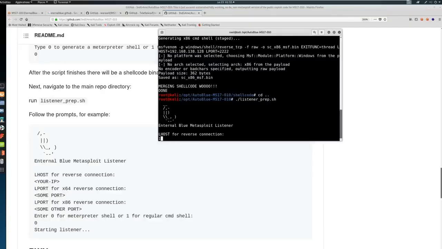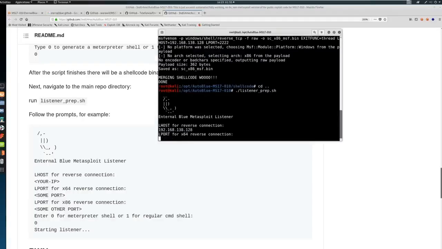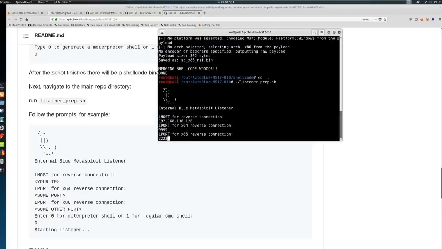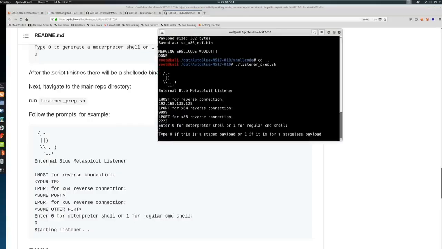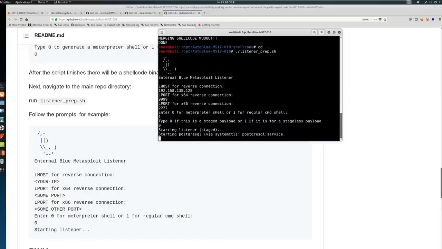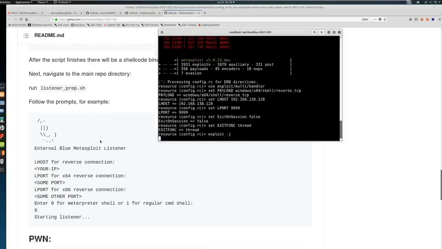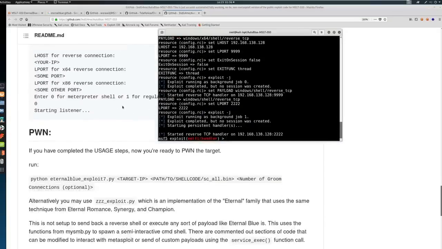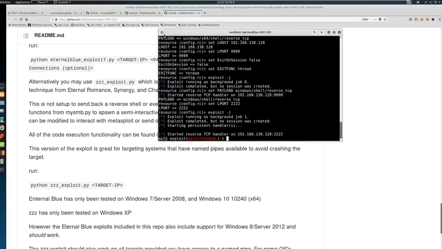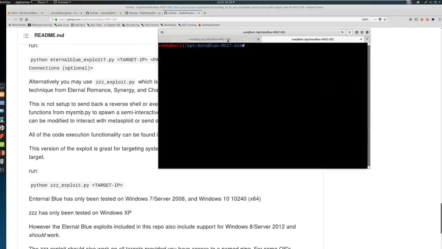So we're going to go ahead and just let this run its course as intended. And we're going to do 9999. We did 2222 here. And we're going to go ahead and say regular command shell, all the same things we did before, staged payload. And it's going to start this up for us, hopefully start up some listeners, and you should see a lot of work just go in. Okay, it's got all those listening. It's waiting for any sort of connection to come through. So the next thing we're going to do is, and it is using the multi